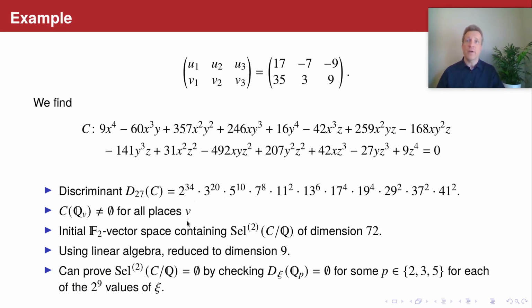The initial F2 vector space containing the 2-Selmer set of this curve is of dimension 72. This 72 arises as 1 plus the number of primes times 6. That is, it arises as the rank of some S-unit group. The problem here is that 2 to the power 72 is way too large to enumerate, so we need some extra work, but with some linear algebra and extra computations, one can reduce this dimension quickly to just 9, and